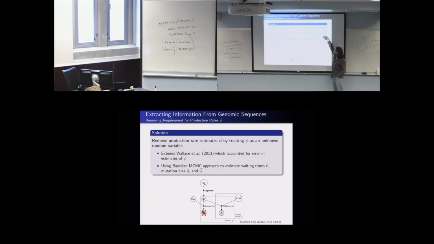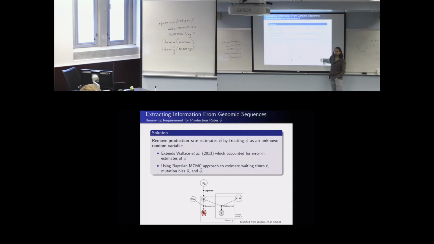We're really taking the approach that Wallace et al. published last year, where they began thinking about error in the protein production rate. In our work with my graduate student Primo, we assumed we knew protein production rate exactly. Wallace is a very nice paper, and they talk about how that affects your estimates of selection. We'd also been looking for a while for the hammer to solve this problem I'm describing,